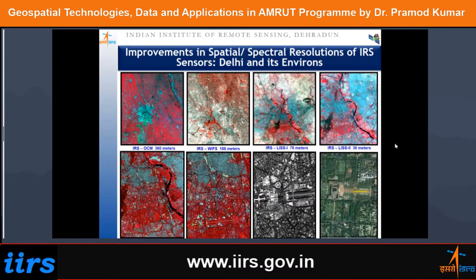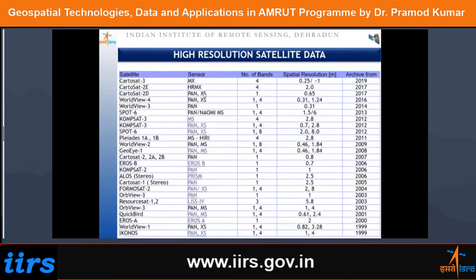In recent times, a variety of satellites are available from ISRO, from the Cartosat 3 series, or other satellite series in the world, ranging from Worldview to Spot, Comsat, etc., which have got relevance in urban planning. Okay. Now, if you take the second aspect, that is the temporal resolution, then the benefit of temporal resolution is